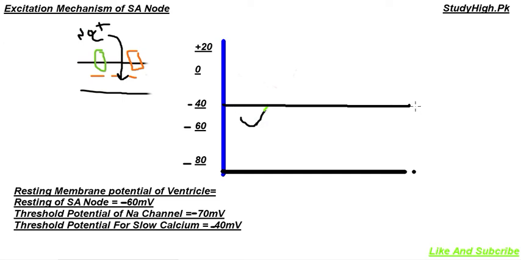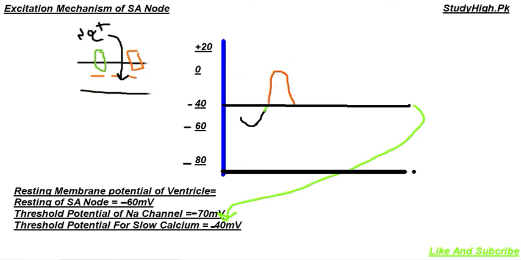This is the threshold potential for opening of L-type calcium channels. When it reaches minus 40, calcium channels will open. As a result, there will be generation of an action potential in this condition. And the action potential is generated because when calcium channels open, a large number of calcium ions will start accumulating inside. As a result,